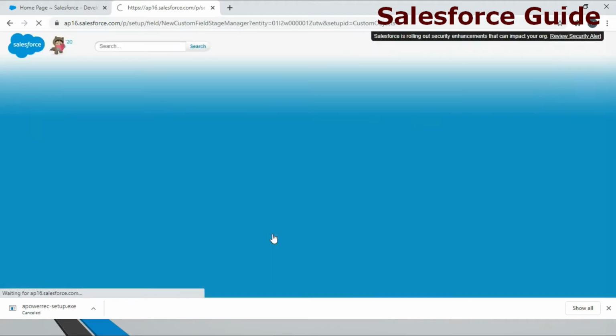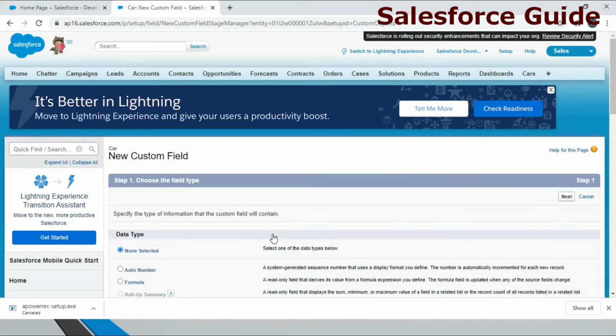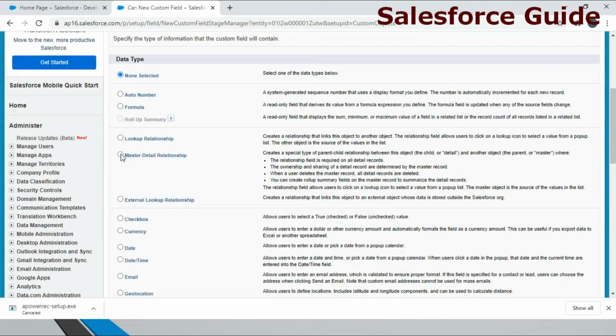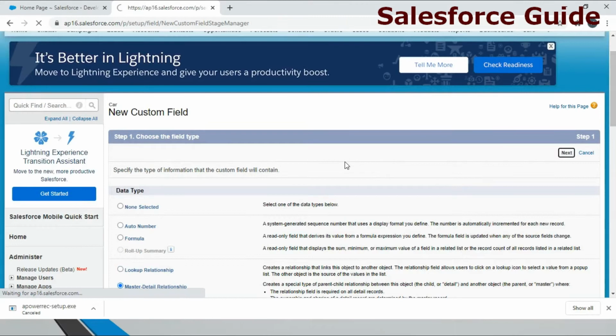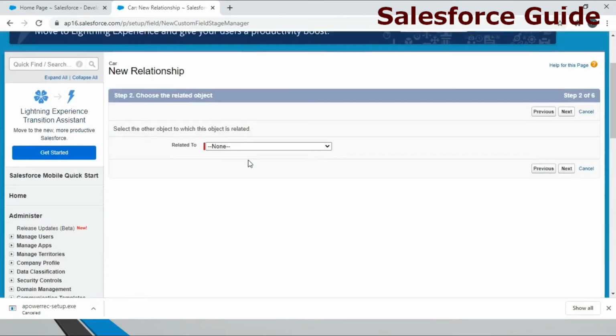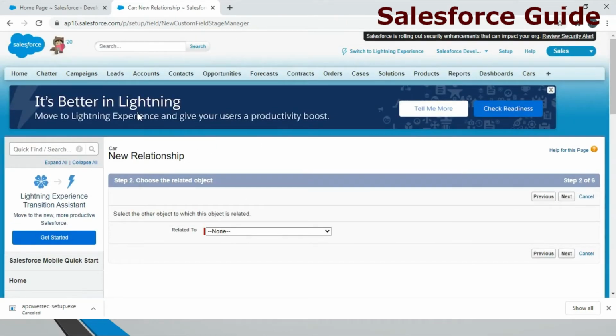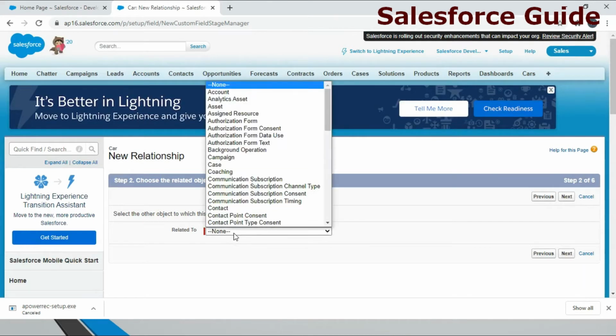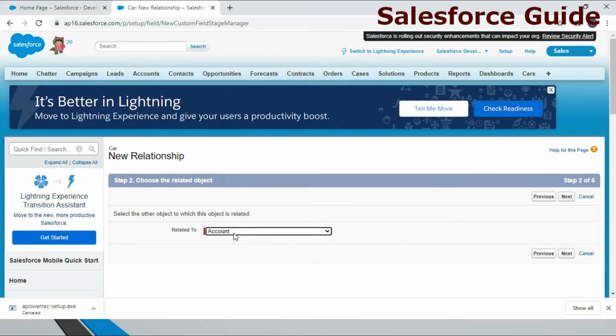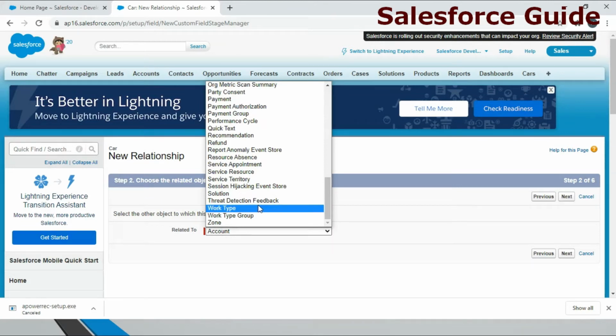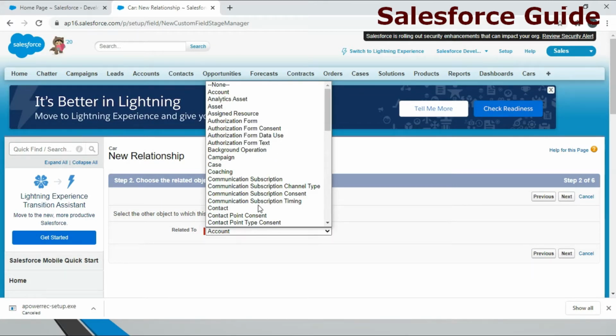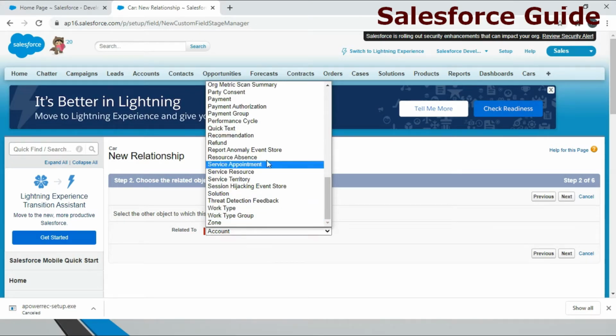The same way we create the fields, the similar way the relationships are also going to work. So here you can see the master detail relationship is there. Now when you click here, that means this object on which we are creating will work as a master, and for the child we have to go with the account. If you have to perform any kind of activity, or mark any detail object as a custom object, you can get all the related objects listed here.